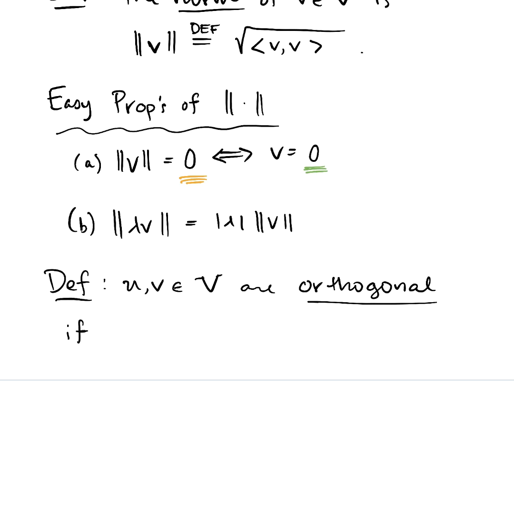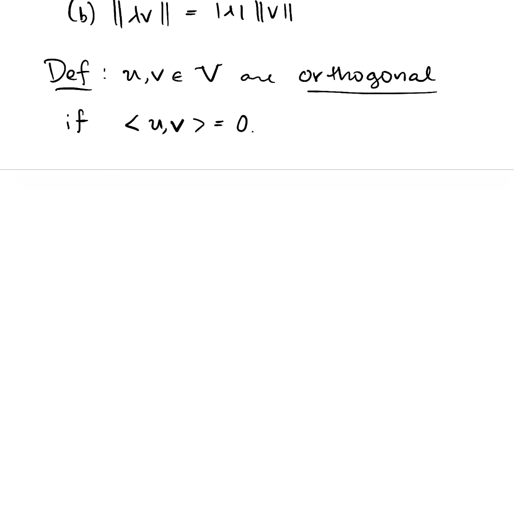Simply if their inner product comes out to 0. Now that's 0 the number. Remember, inner products produce scalar values. So two vectors are orthogonal precisely if their inner product is 0. All right, now, as soon as you're willing to talk about vectors being orthogonal, then all this geometry stuff that